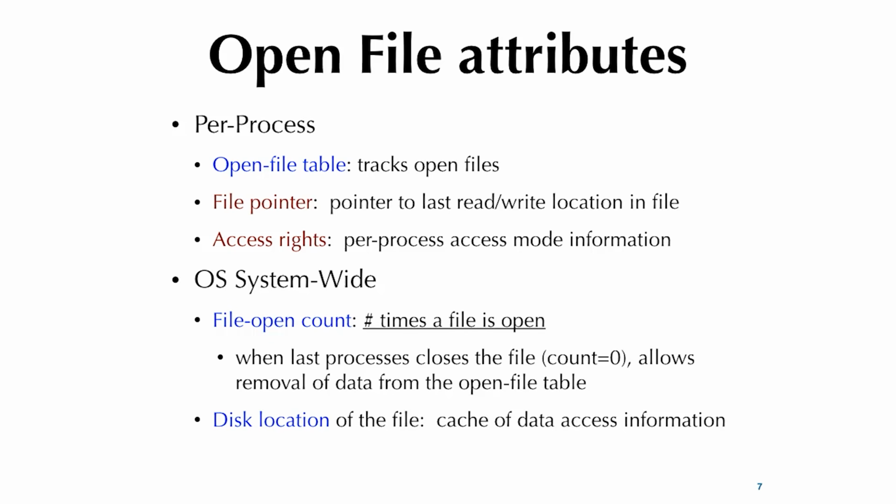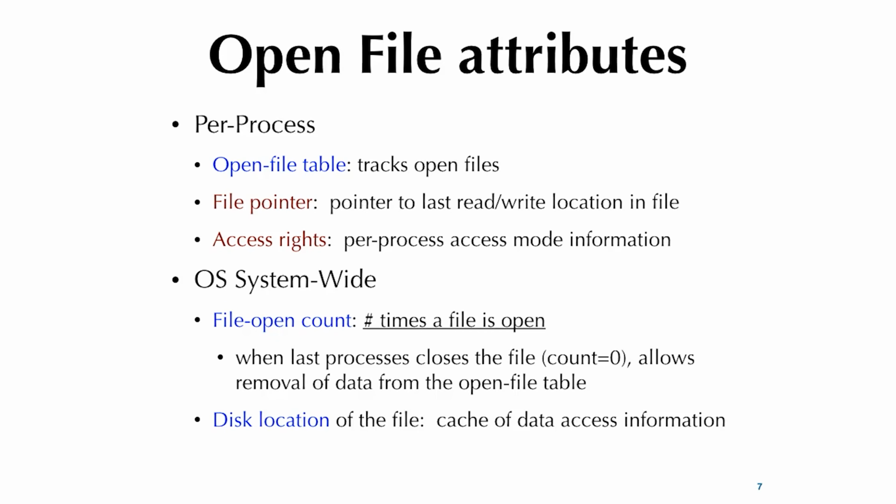Now, open file attributes. This refers to the attributes associated with files that have been opened. So open in this case is an adjective, it's not a verb. Open files are files that have been opened by your API call. So remember, you can do open and then the name of the file, right? You get a file handle back. So after you open the file, there are additional attributes put in by the OS